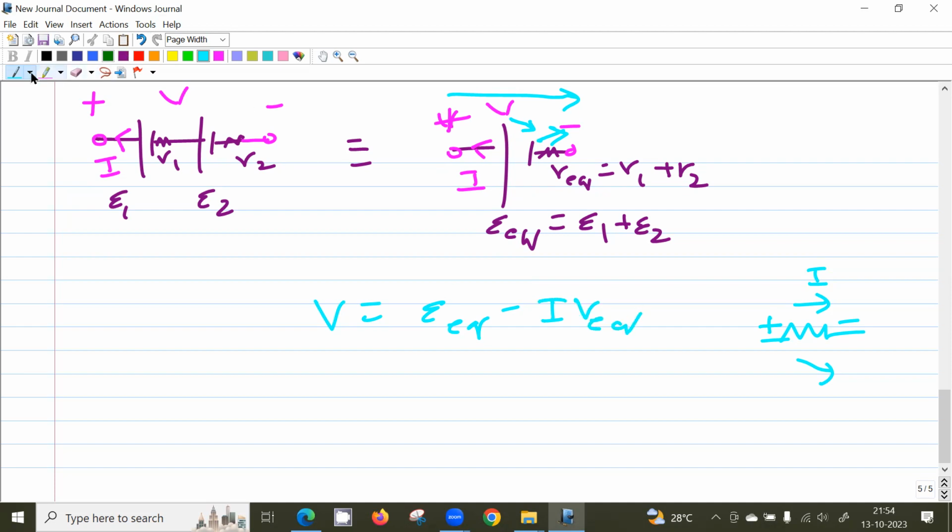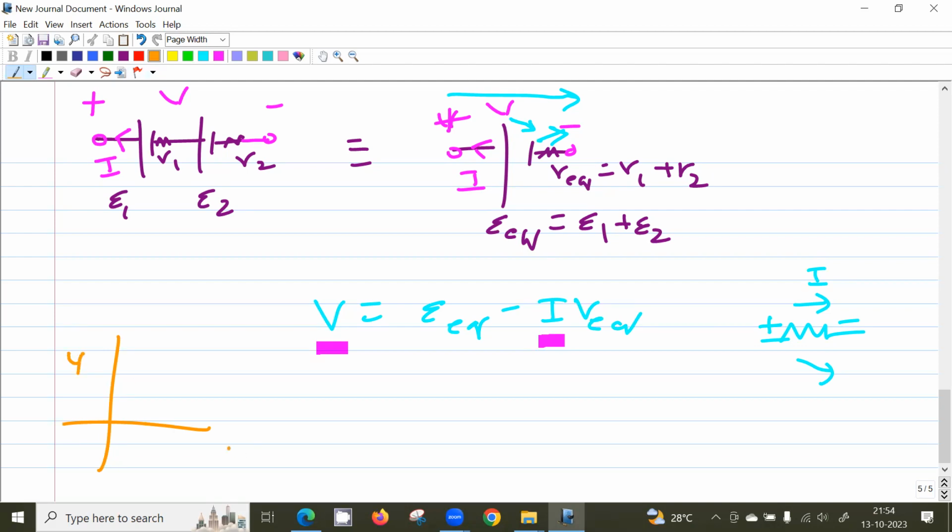So here now the relation between the terminal voltage and the current is a straight line. Once V1 and R1, V2 and R2 are fixed, E equivalent is fixed, and the R equivalent is fixed. So the only variables are V and I. Okay, so now if we draw this plot